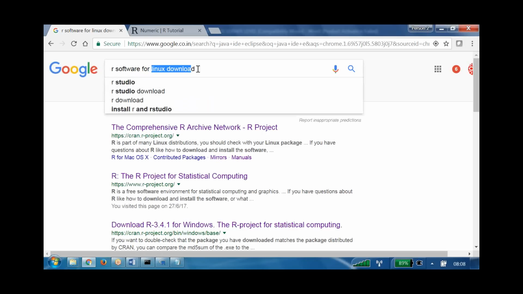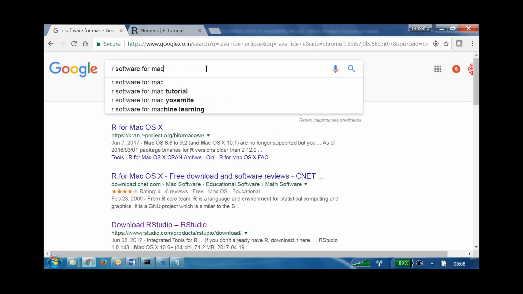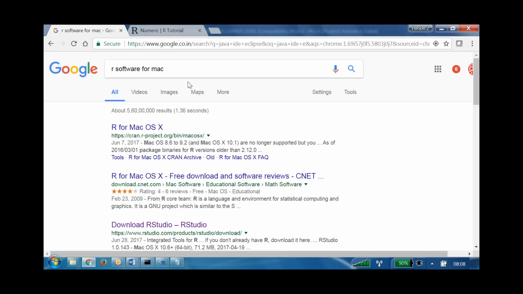R software for Mac OS is also available. The same console is available on all the platforms. Which is more popular, or does it just depend? Mostly we use Windows.